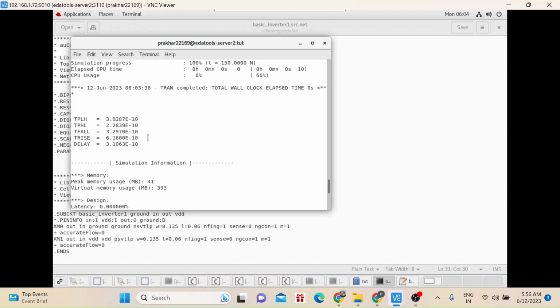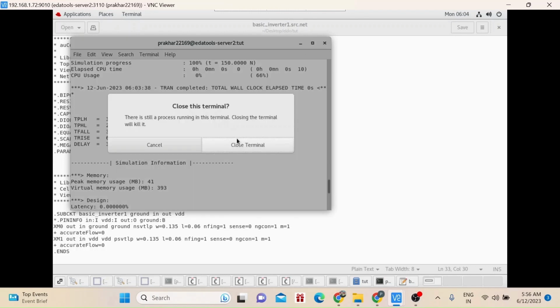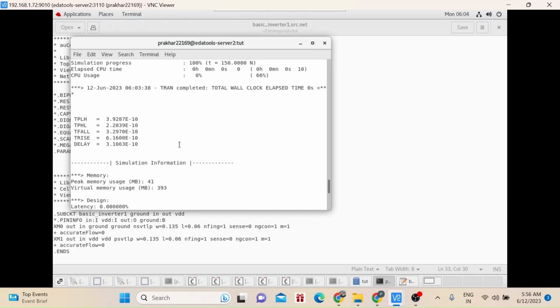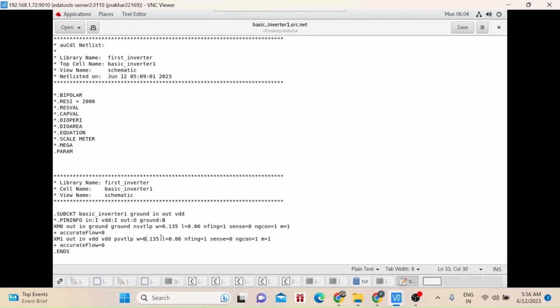So how will we make the PMOS stronger? The answer is to just increase the width of the PMOS, or we can say make the aspect ratio of the PMOS high. For this I will just double it. 135 I will make 0.270, and then save.